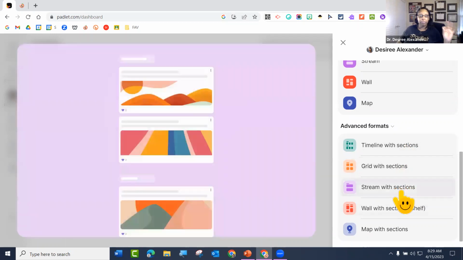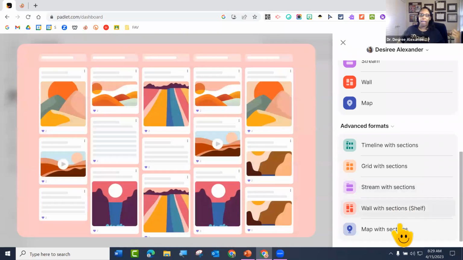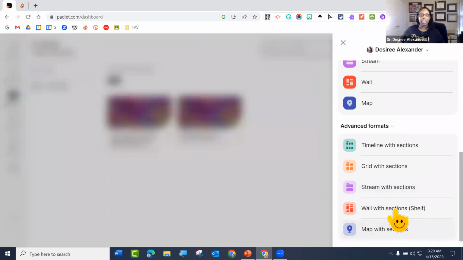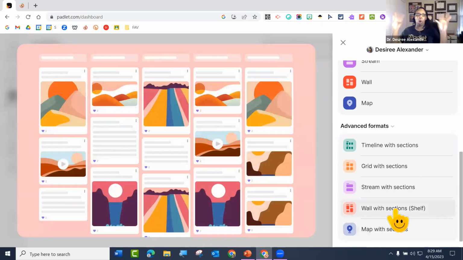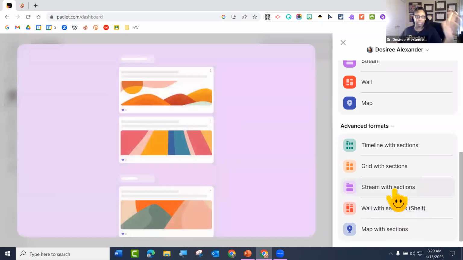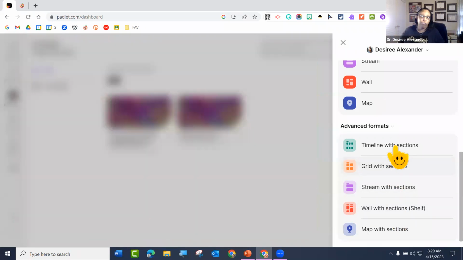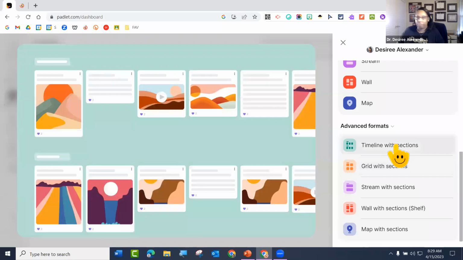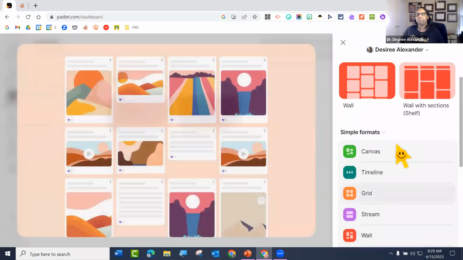And again, this is one of those things that people may shrug at, but if you've been using Padlet for a while, and when you start using Padlet, you're going to see the benefit in actually being able to organize your Padlet with sections. Believe me, people have been asking for this for a long time, so we are very happy about that.